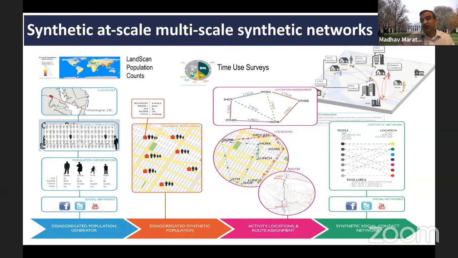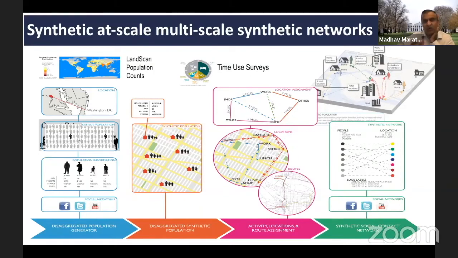This is the social contact network. It's a people-location graph from which you can do a projection on the people side to get a people-people interaction graph. And that is the network that we are talking about, and we will use throughout our study in doing this. So this is a very interesting big data problem. It's been a while. We've been working at this, as I said, close to 25 years.